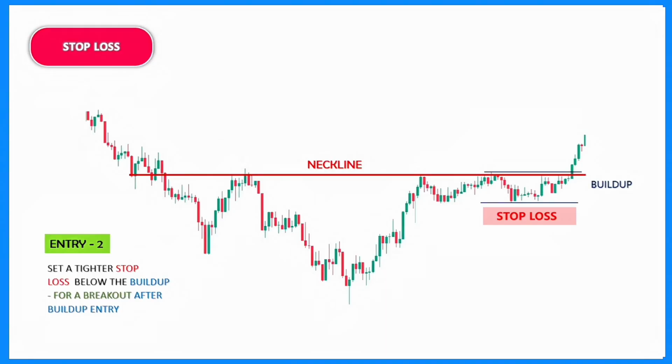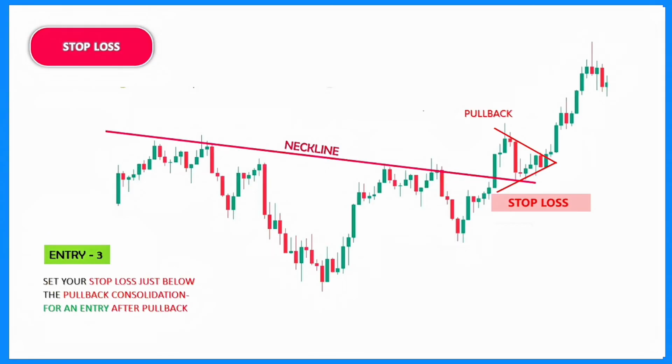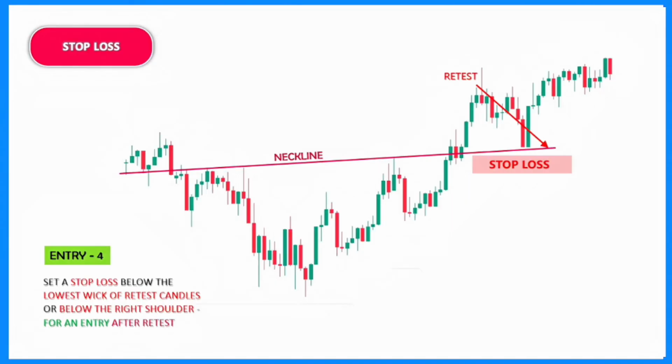Now, let's say you missed both of those entries and instead entered the trade after a primary pullback. Then, your stop loss should be placed below the lowest price among the pullback candles, including the wick. If that pullback formed very close to the neckline, you can also set your stop just beneath the neckline level itself. And finally, if you entered the trade after a retest of the neckline, your stop loss can go just below the lowest wick among the retest candles,